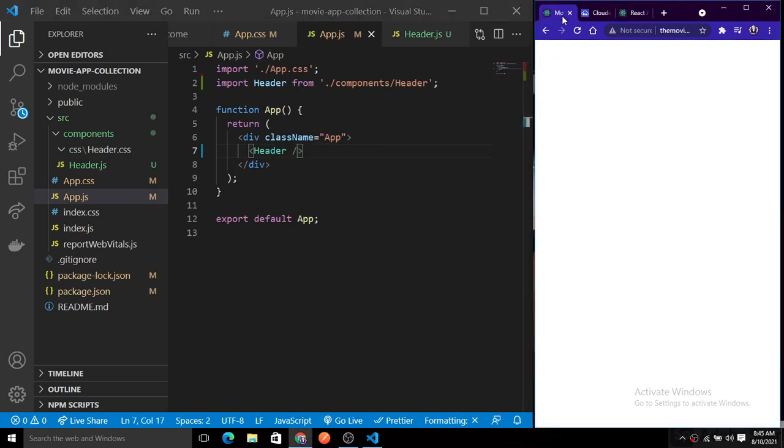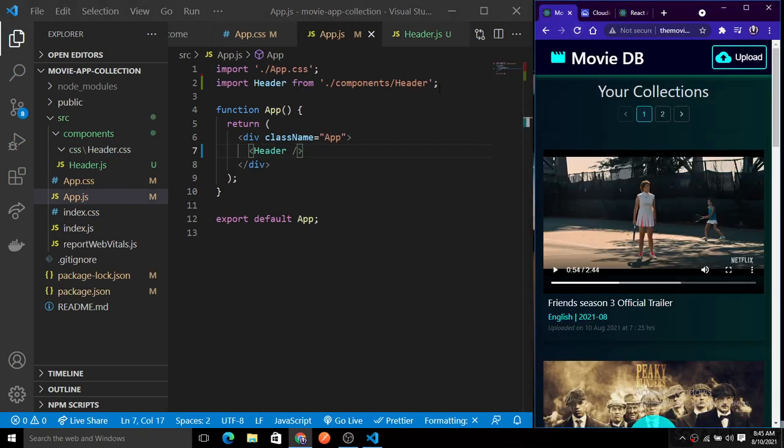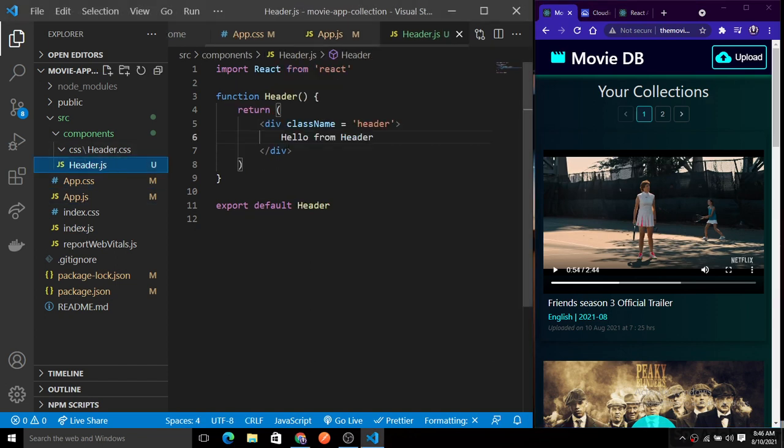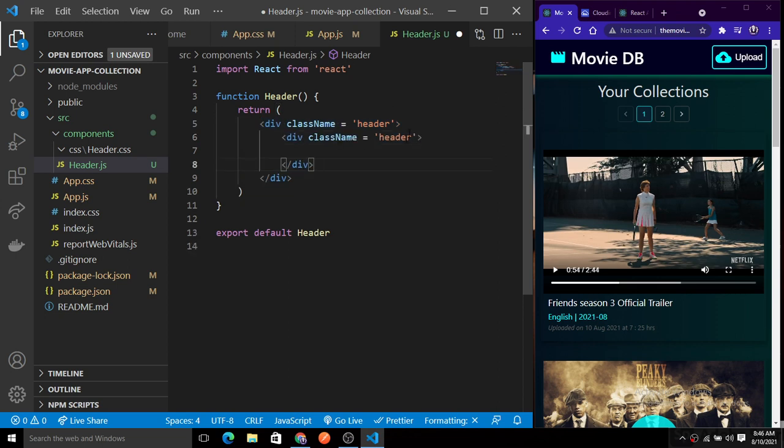So here we have a movie icon. Inside of this header.js we have this. Let's remove this hello from header, and here we add another class name. Let's copy this class name and paste it. This is header, and just give it the name header container.